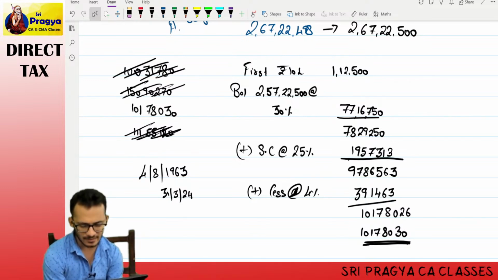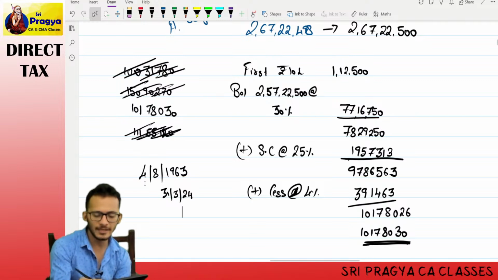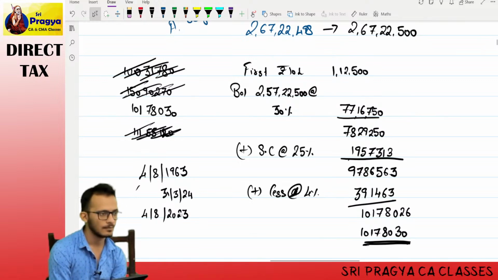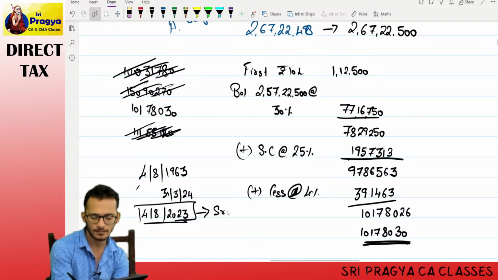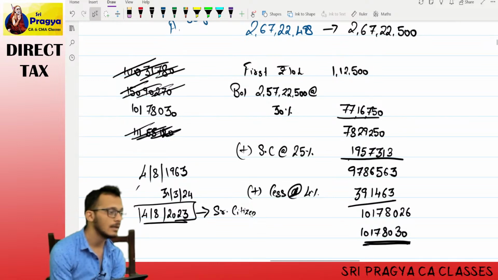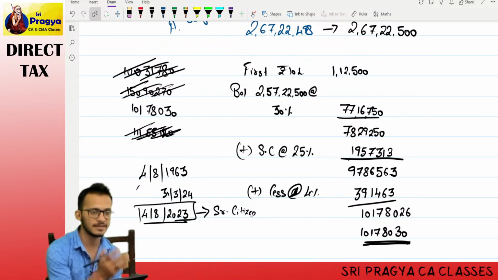Oh no, once again, it's 63, is it? Acha, if it's 63, then it's 60 plus, no? It is 60 plus something, correct? Because you became 60 on 4th August 2023. The moment you became 60 on 4th August 2023, you are automatically a senior citizen. Yes. Check on 31st March, people. Check on 31st March, that is what the criteria is. 31st March of your previous year.